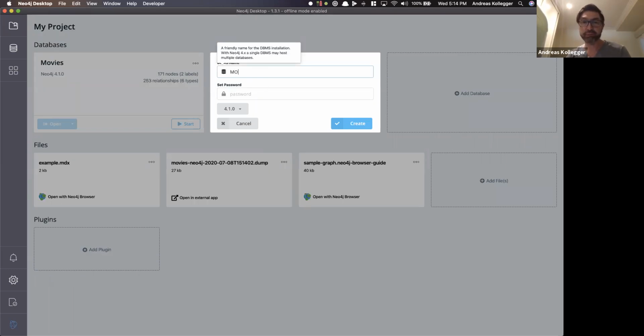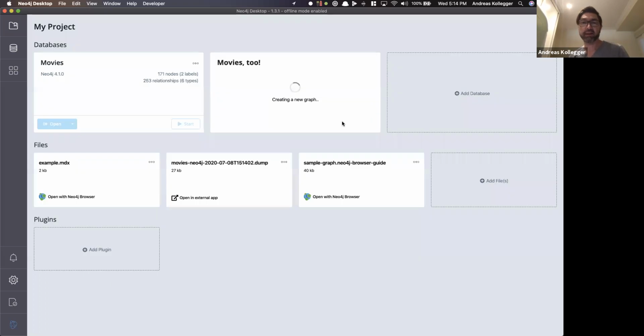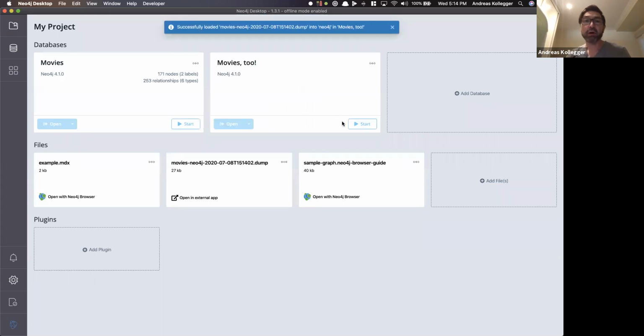I'll call this movies2. I'll give it a super secret password and then spin up that DBMS. And because I've created this DBMS from the dump file, it'll be a 4.1.0 also, and it'll automatically already have a data set in it. So if I start this up,